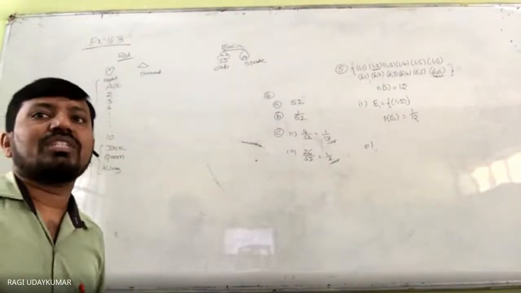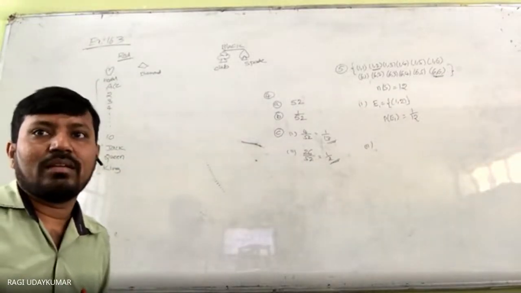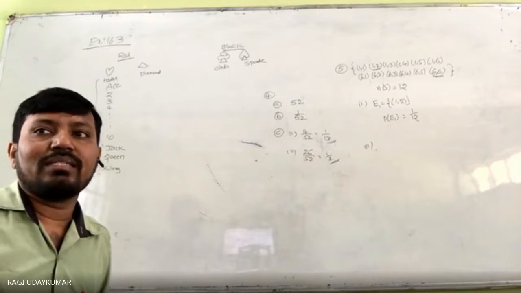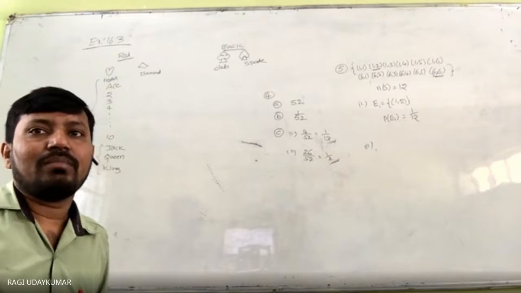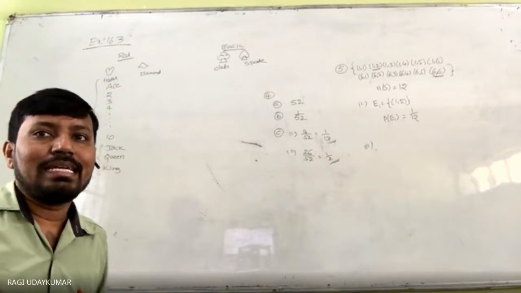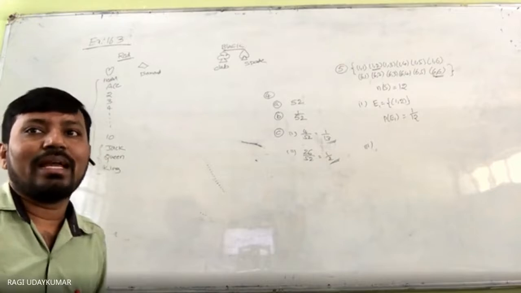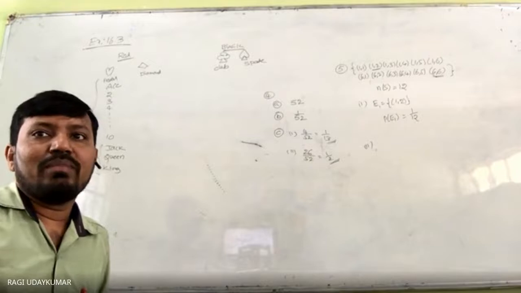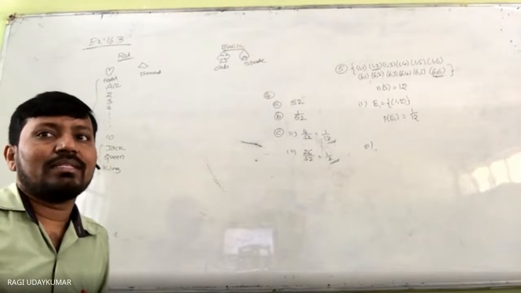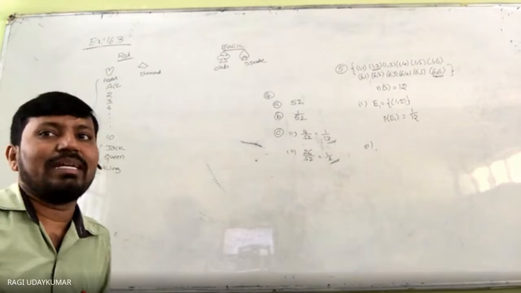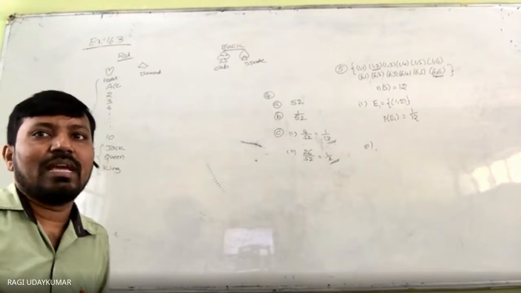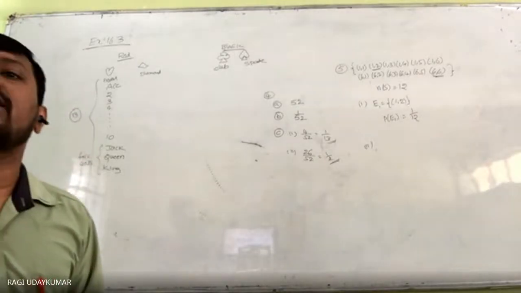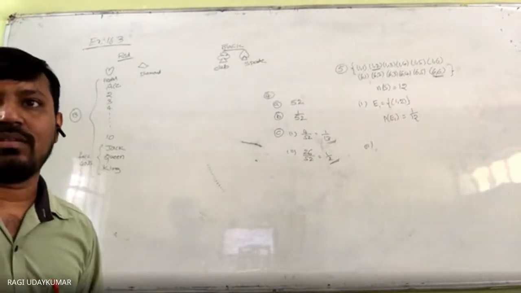Sixth question: there are 4 men and 6 women on a city council. One council member is selected for the committee at random. How likely is it that a woman is selected? So number of women by total number of people. Number of women is 6, total number of people is 10. So 6 by 10 is the probability. Simple question. A fair coin is tossed. Whenever you see this question, you may feel it is a different question normally.